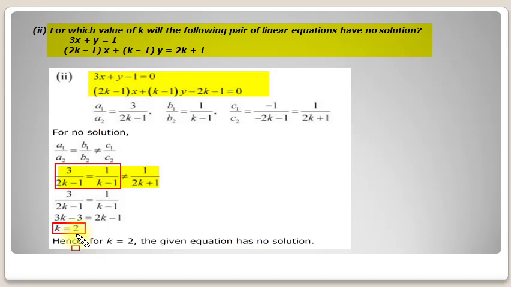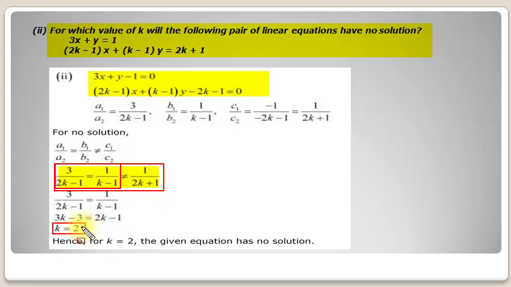This value of k only we have to find here. But you can also check whether this value of k satisfies the other condition or not. If you want, you can put the value of k in this whole thing and check that these two values will be equal and will not be equal to this particular thing after putting the value of k. This is for your understanding purpose, which is why we have not used this here.